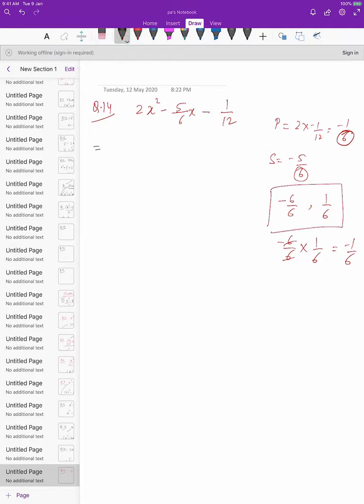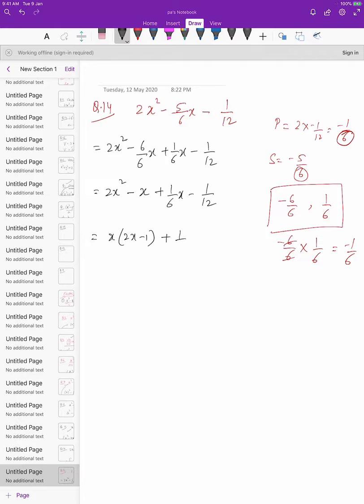So we can write this as 2x square minus 6 by 6x plus 1 by 6x minus 1 by 12. Or instead of writing 6 by 6x, just write minus x. That will also be okay, because we have already checked it. Now x into 2x minus 1, and here I can take,